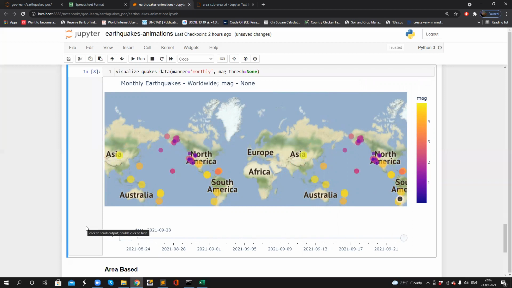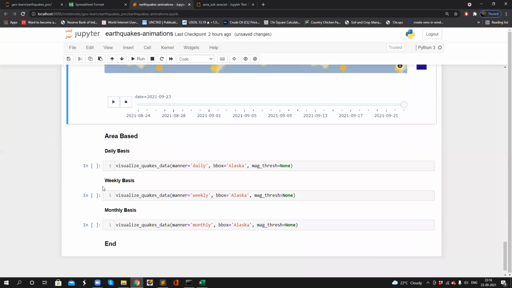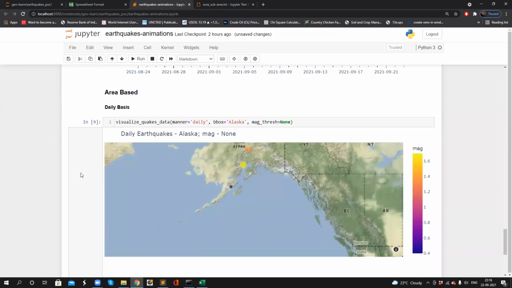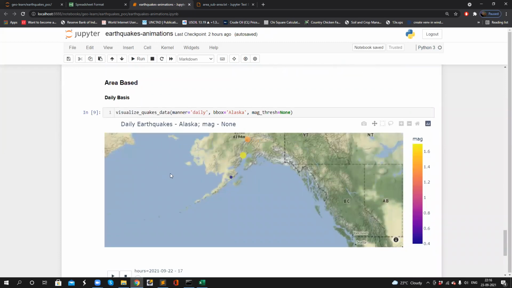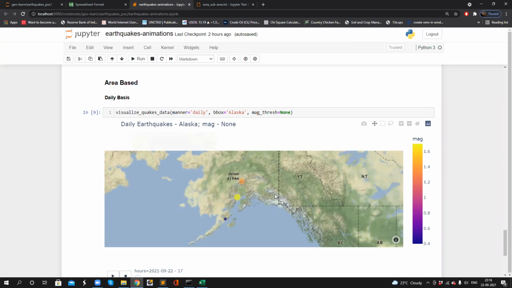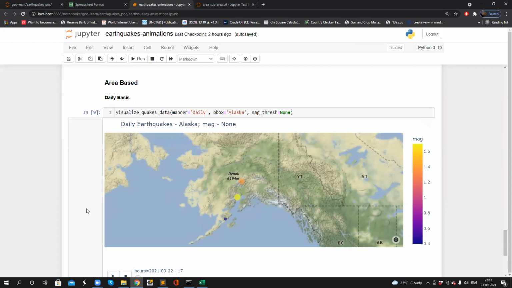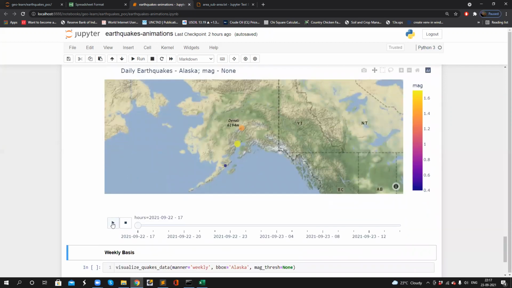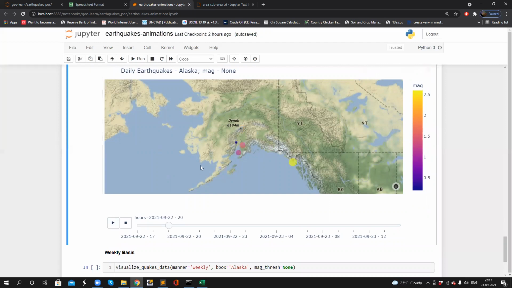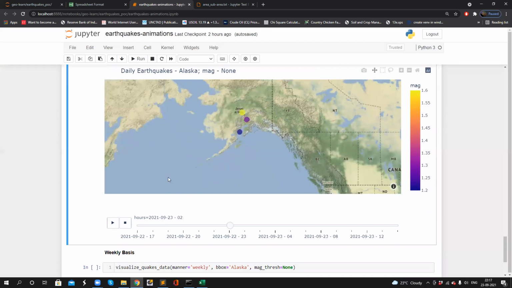Coming to a specific region, we must specify a bounding box with a different value other than worldwide. We can visualize the data now. We can see the map slightly zoomed in, and we can see the Alaska region that is here. As usual, you can simply press the play button to see the animation.